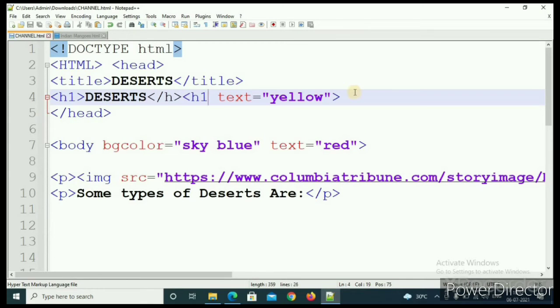Okay, it's not working. So keep it. My favorite color is red, so I am keeping it red. So erase it from here. Only give this, and then Control plus S, and then let's see what is happening.